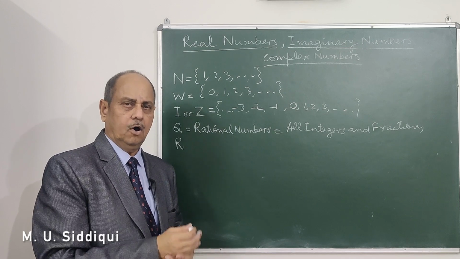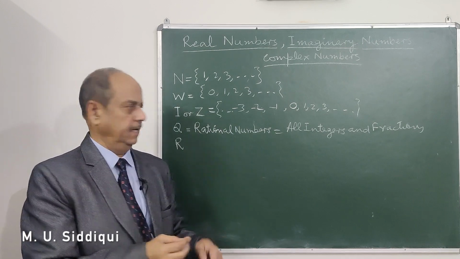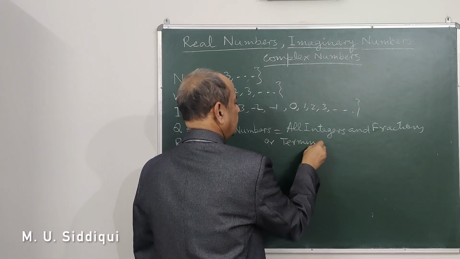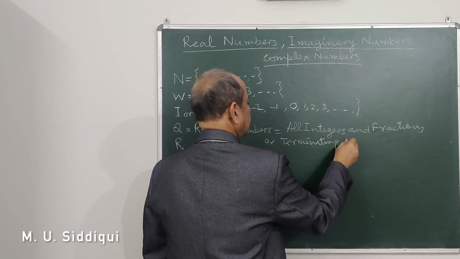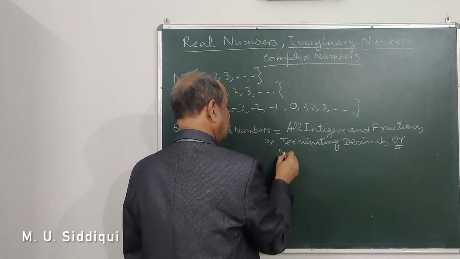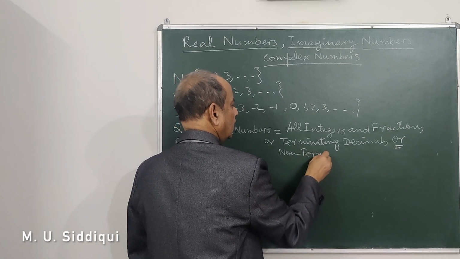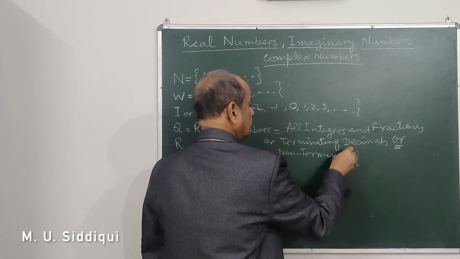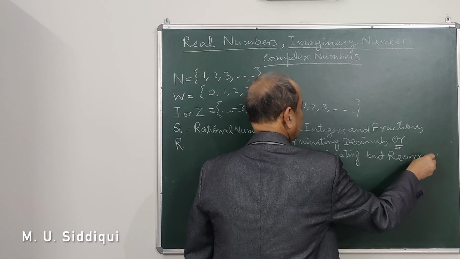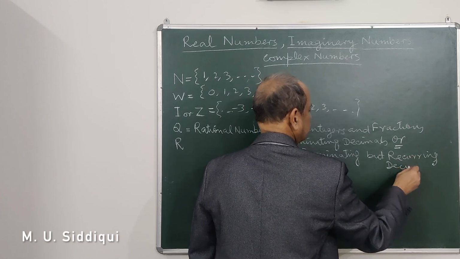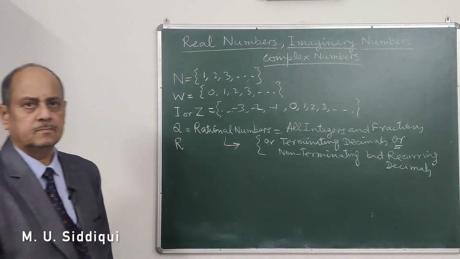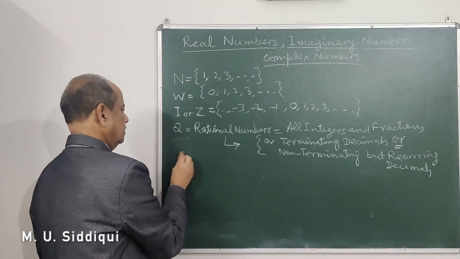You have seen that even if you have them in the decimal form, you say either terminating decimals, or if it is non-terminating, then it has to be recurring. So rational numbers are terminating decimals or non-terminating but recurring decimals. These are rational numbers. Then if you include some irrational numbers,